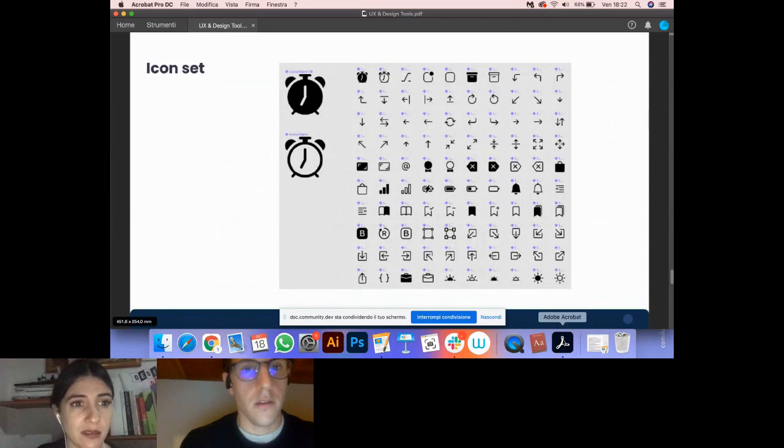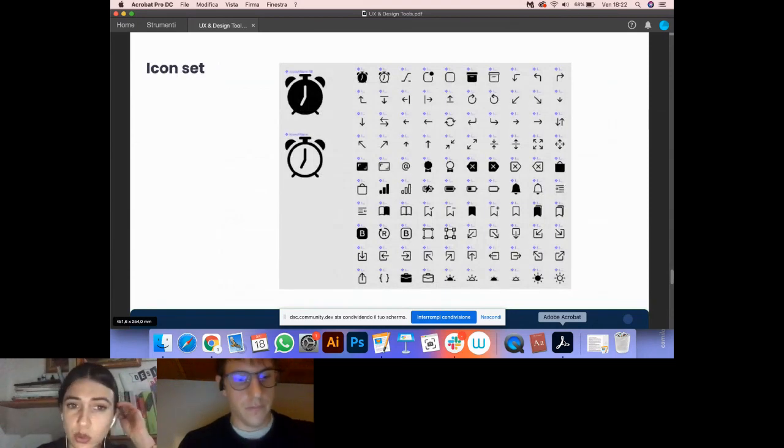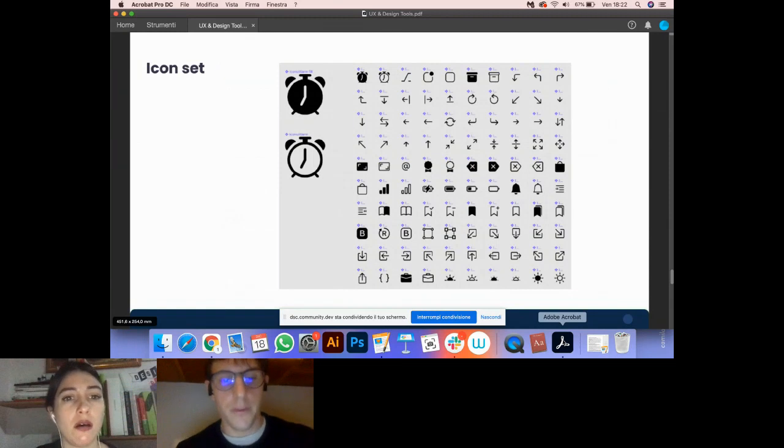The icon set is important too, to define...